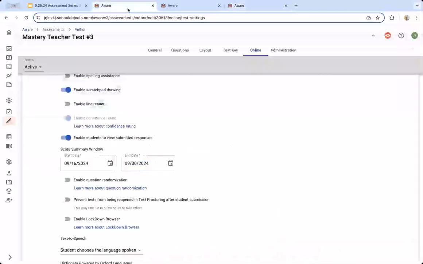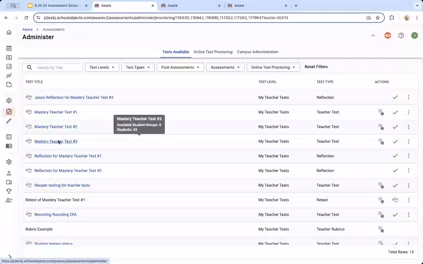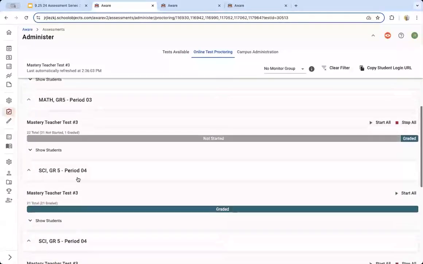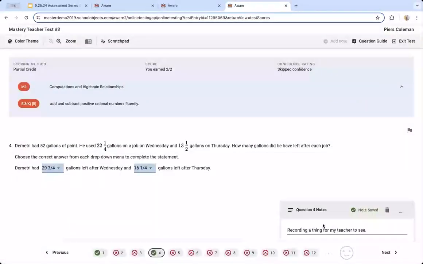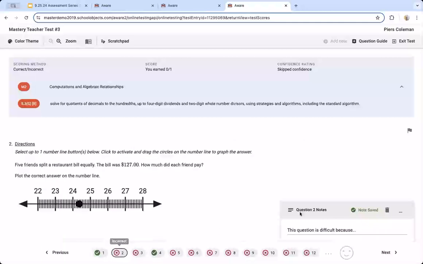What does that look like for the teacher? Well, if I go into administer and mastery teacher test number 3, I know that particular student I just saved that note on is in the 3rd period. Here's Piers Coleman. Look, there's 2 notes. And that's the one I just made on question number 4. And I have another one in here. It was question 2. I wrote another one, a sentence stem. This question was difficult because...